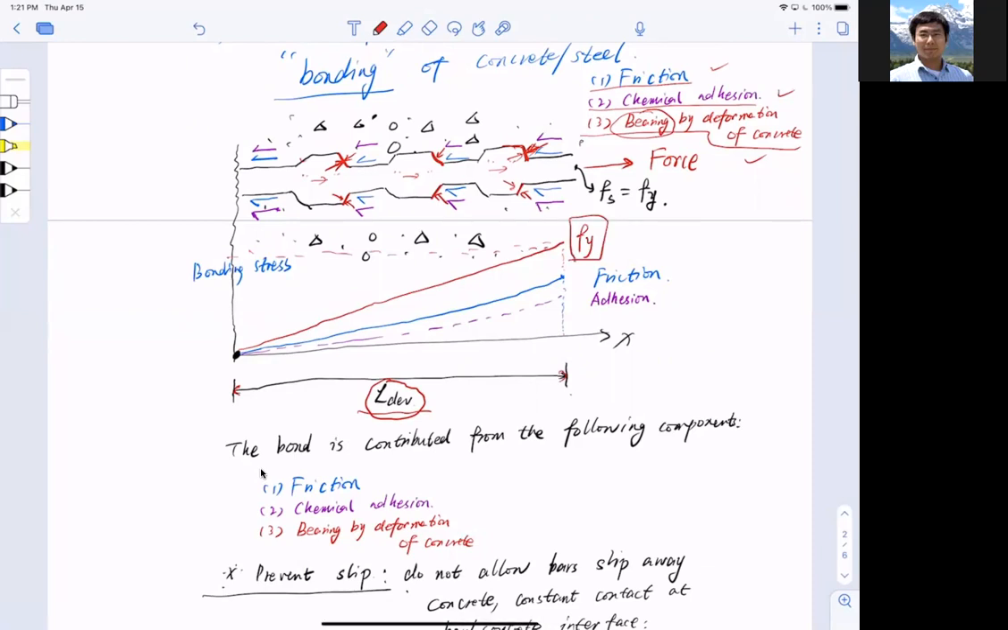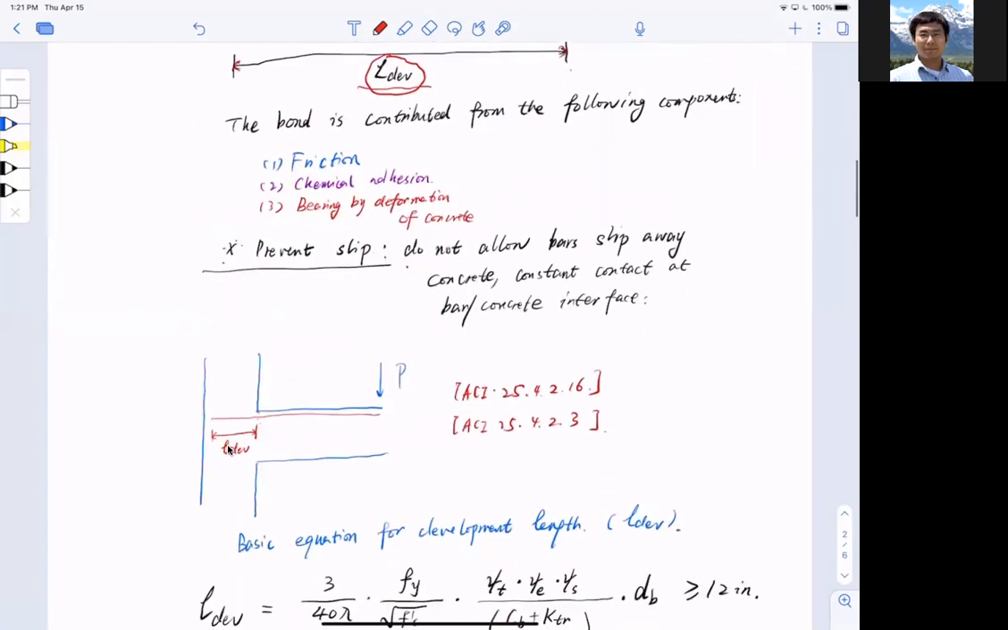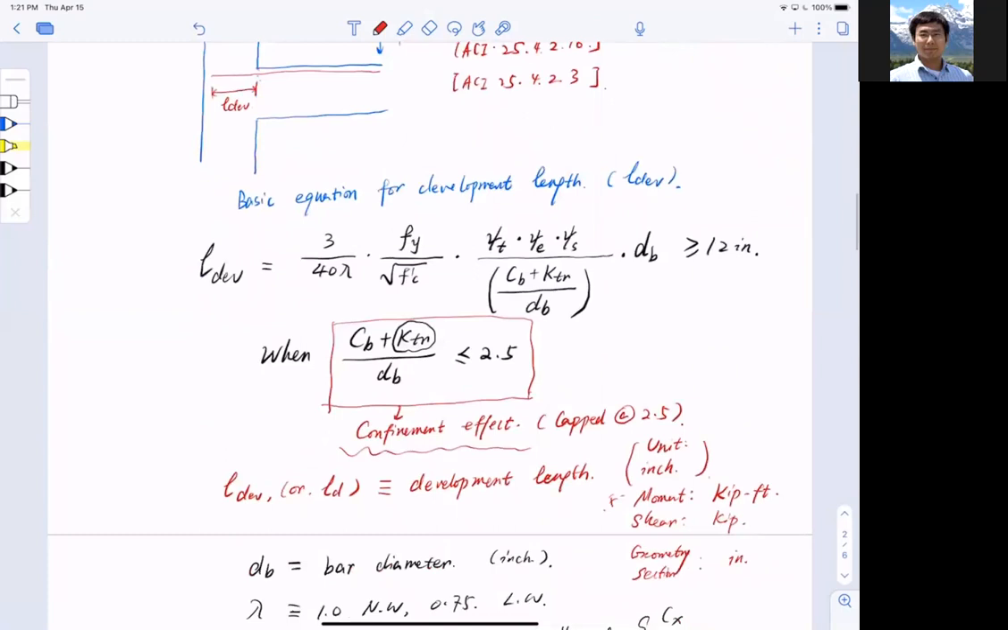Finally, we reach the yield strength of the bar. Okay, so that, ladies and gentlemen, is the bonding reaction, the bonding mechanism. With that, now we have understood the bonding mechanism, right? We need to calculate, and this is the practical part, the development length, that is the equation of the scenario,